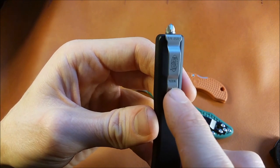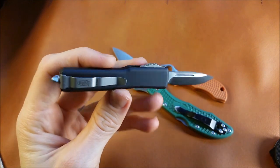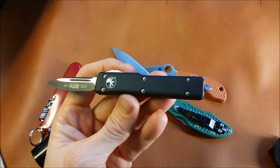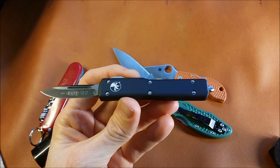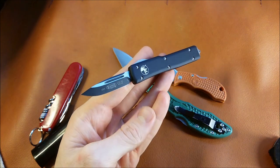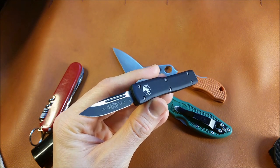So I think it's, what's it say? It says 11/2018. So this is their 2018 batch. I think they did a batch like, I want to say like 5 years ago. It's been a while since they've done one of these California legal UTX-70s. But yeah, super happy with it. It's just a beautiful piece, so much fun to play with, exceptionally useful in the fact that it's just razor